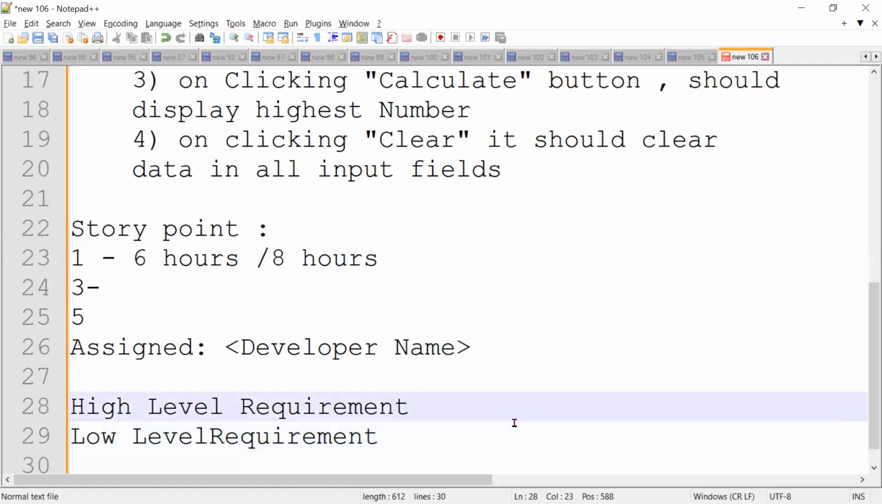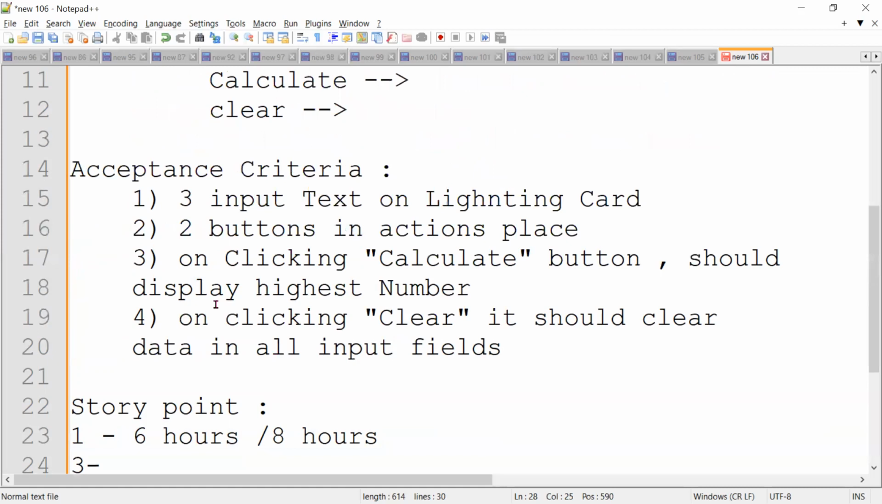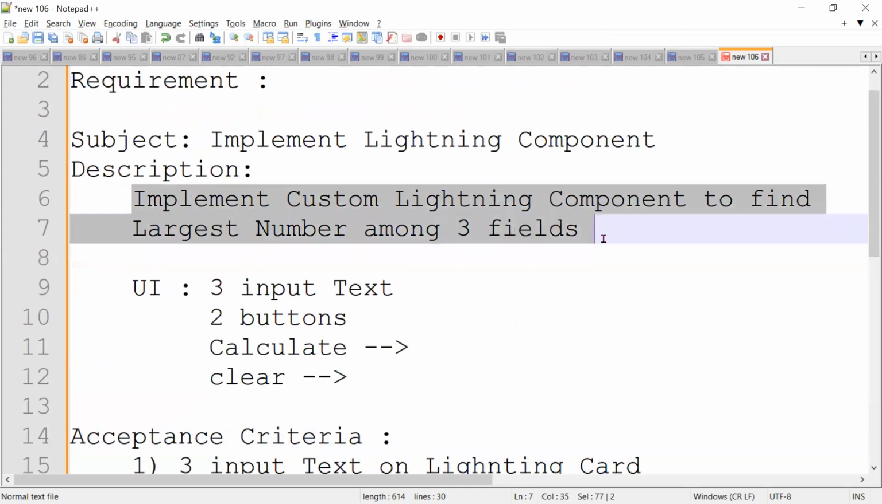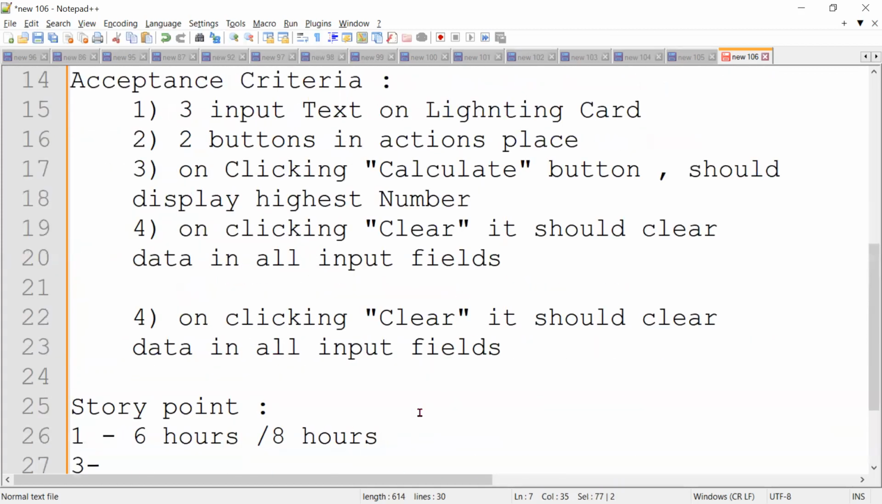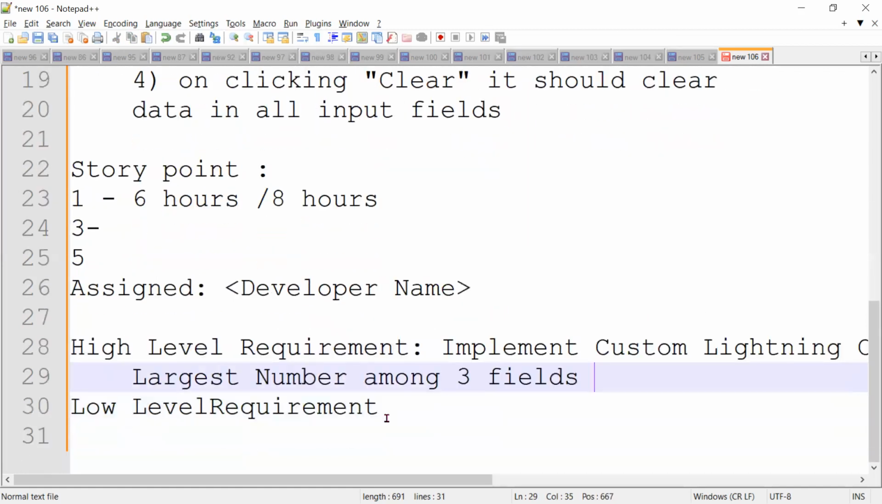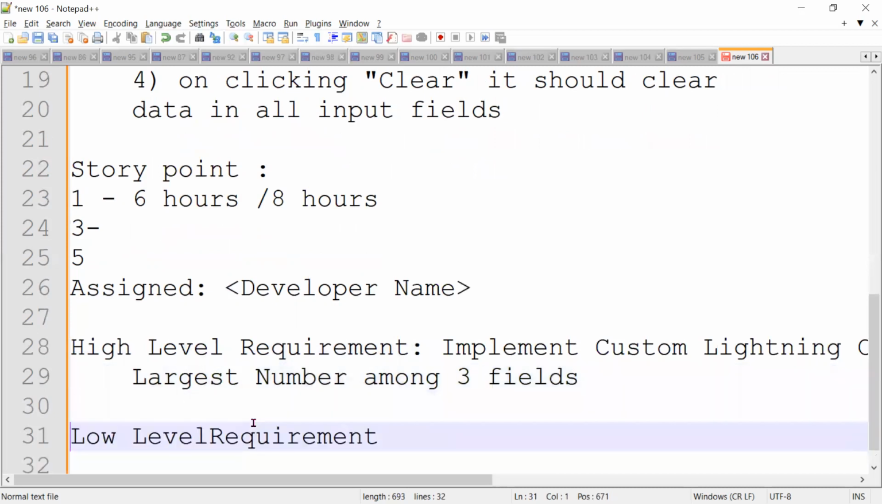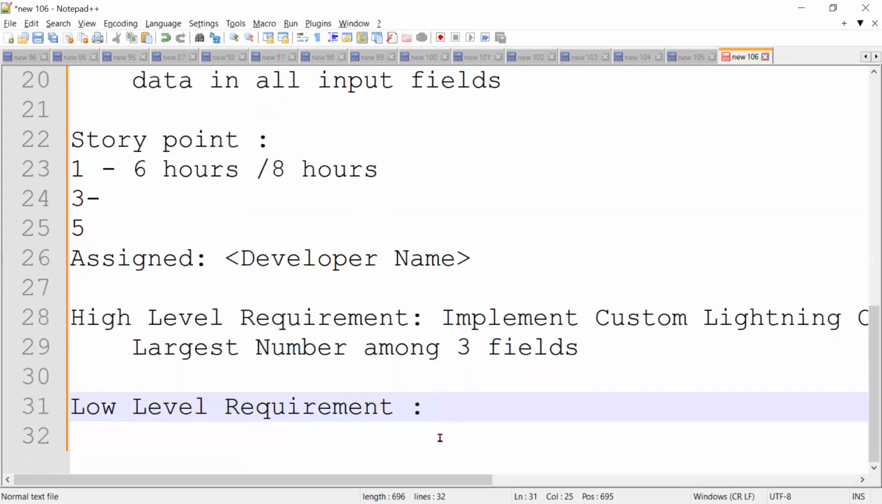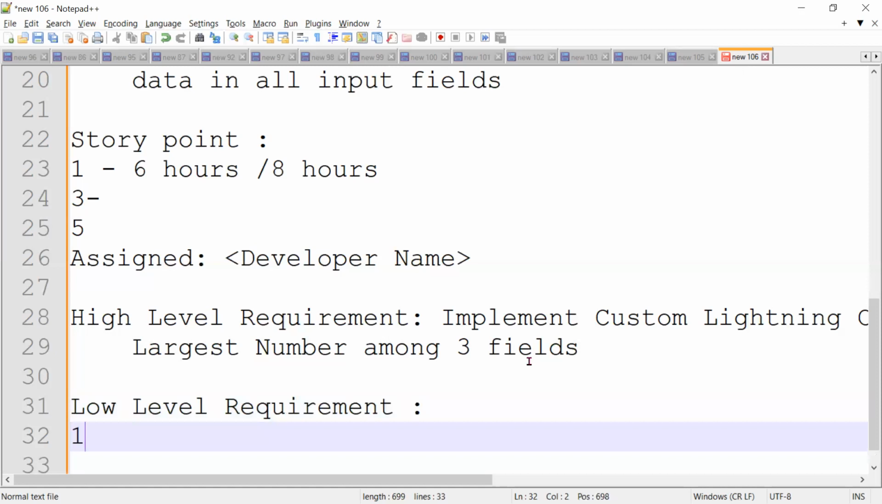What is the high level requirement here? High level requirement where it says implement custom lightning component to find out the largest number. This is the high level requirement. Okay. Coming to the low level requirement, it is where an individual developer can understand. That means you have to divide this story into pieces. Now for this, the low level requirement is need to implement